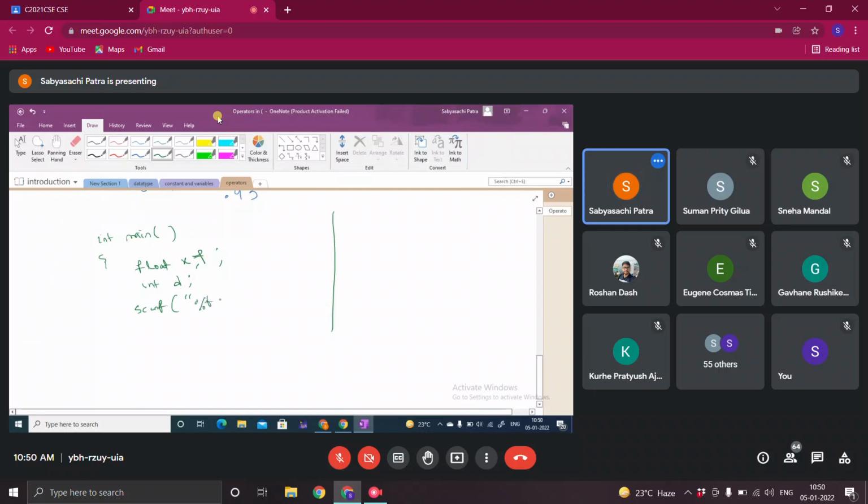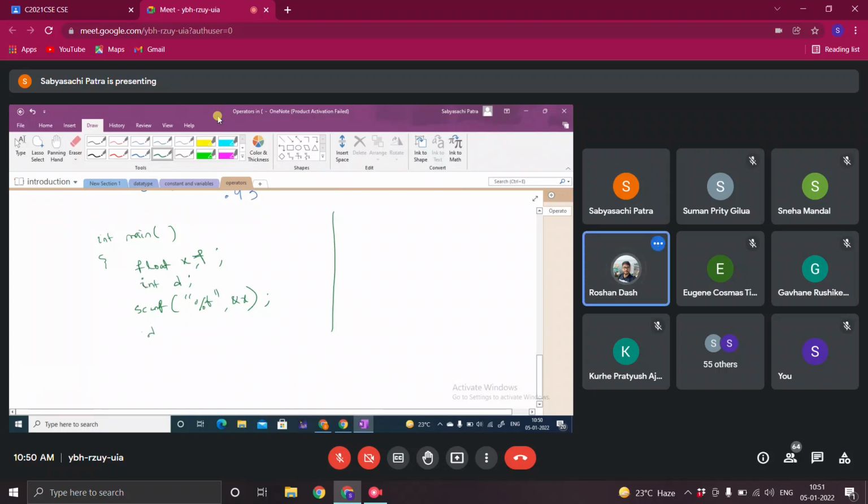Then he's asking to take input with scanf %f. Right, this is how you can enter the value x.